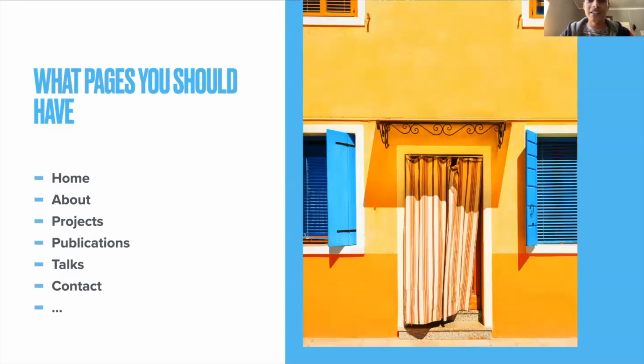The pages that I definitely recommend that you include are home, about, and projects, about the projects that you did. About would be probably a summary of your CV, or a summary of your CV with additional features of explaining more about your personal ideas maybe. Then a page on projects: every single project that you did, even if you are not allowed to share the content, you could at least put in the things that you did.